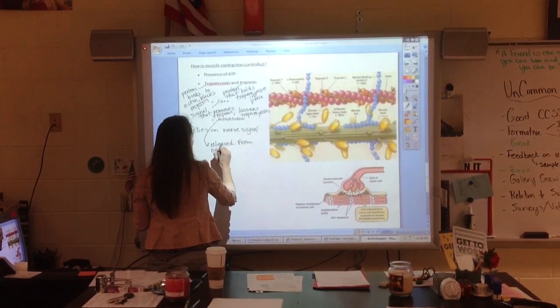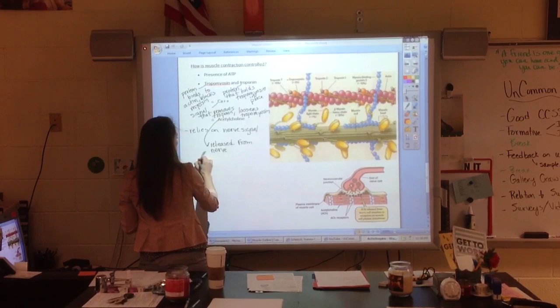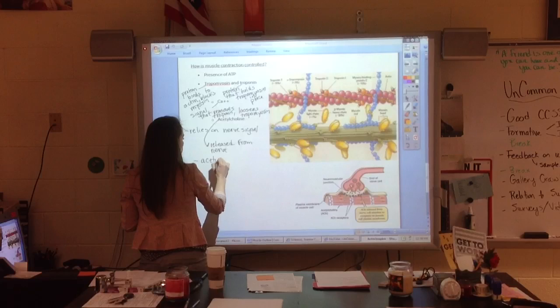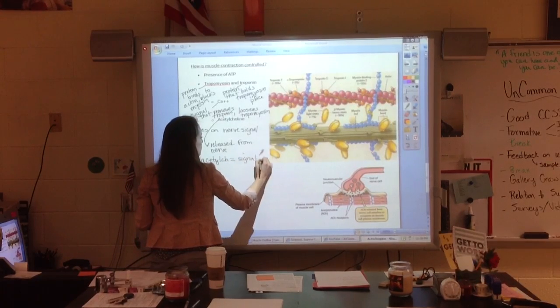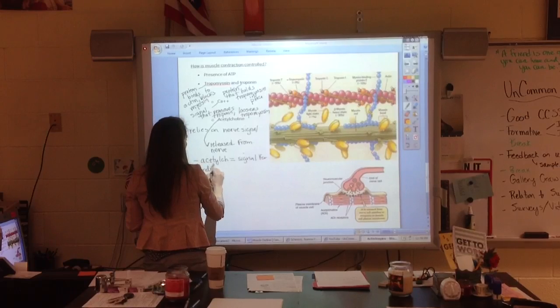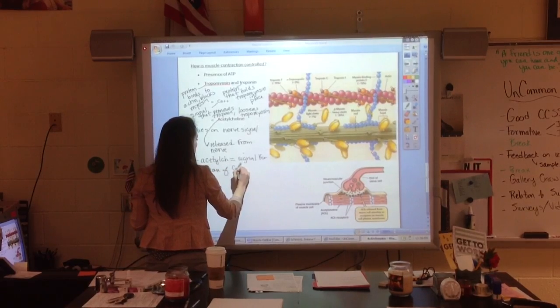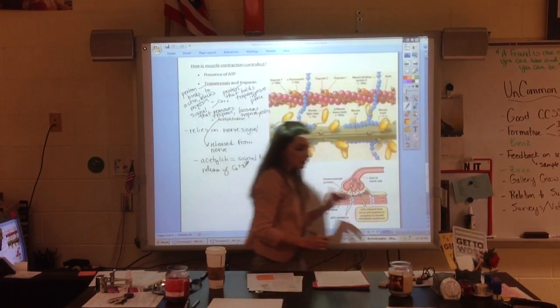And we'll look a little bit closer at this. Once acetylcholine is released, acetylcholine will actually signal for the release of calcium from the sarcoplasmic reticulum, which we'll look at